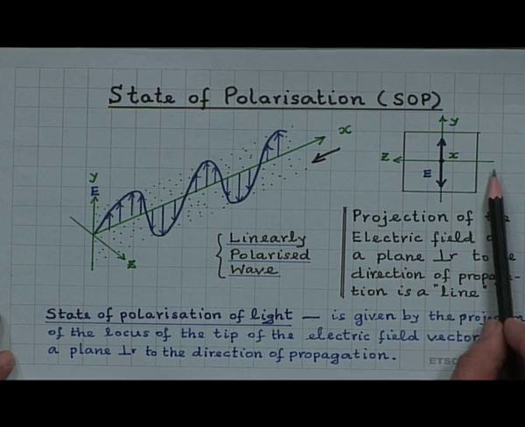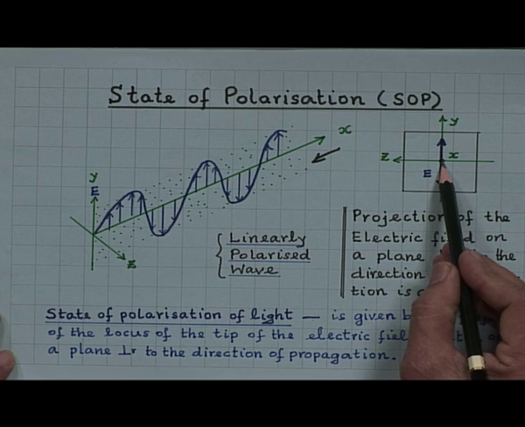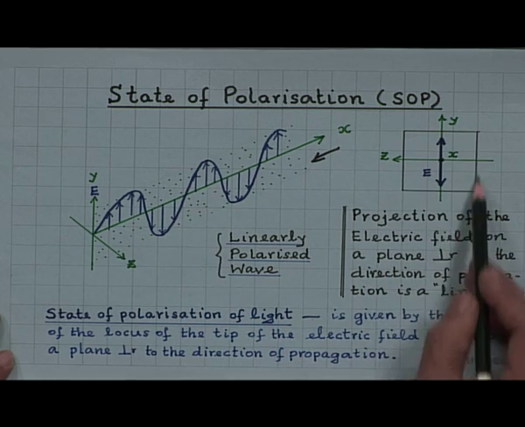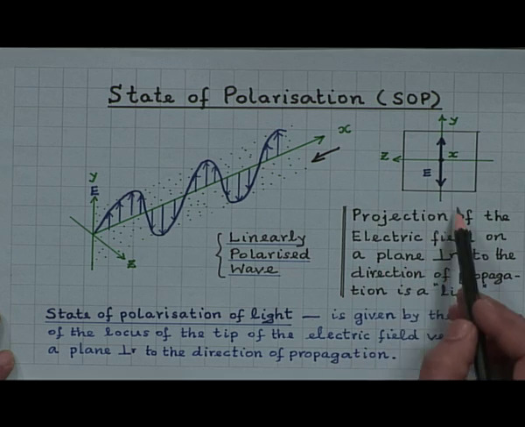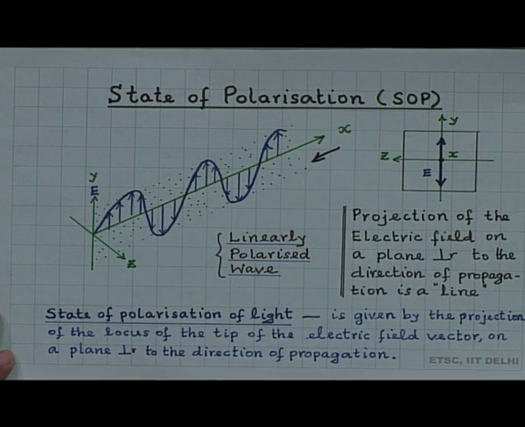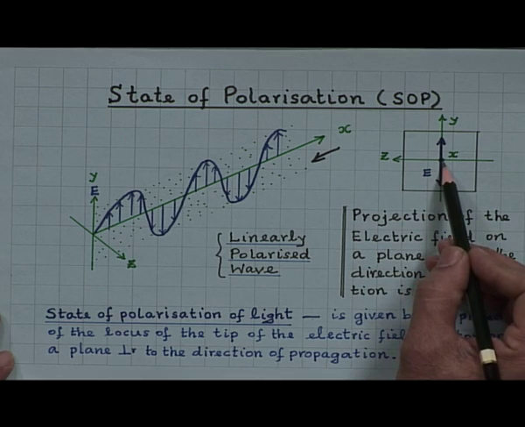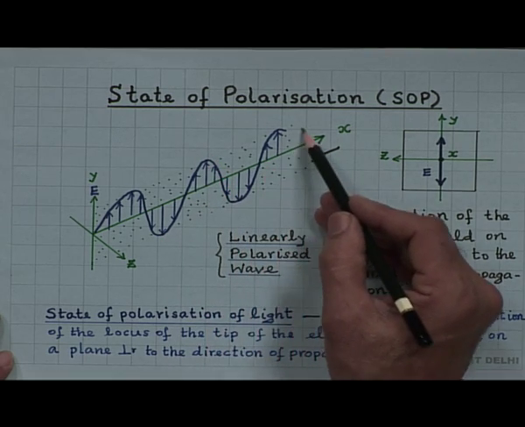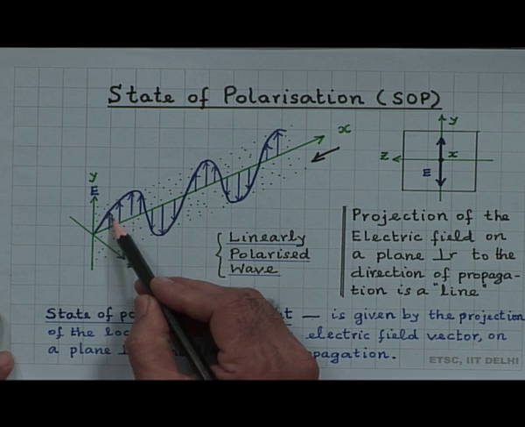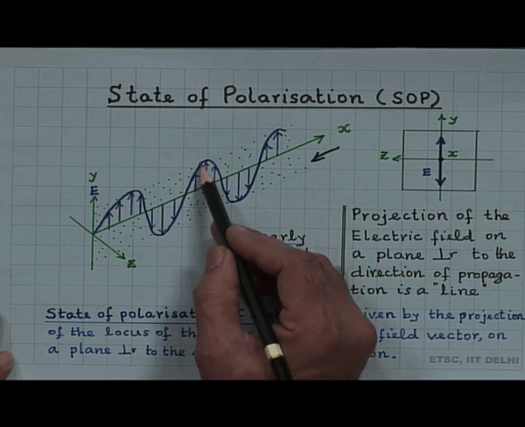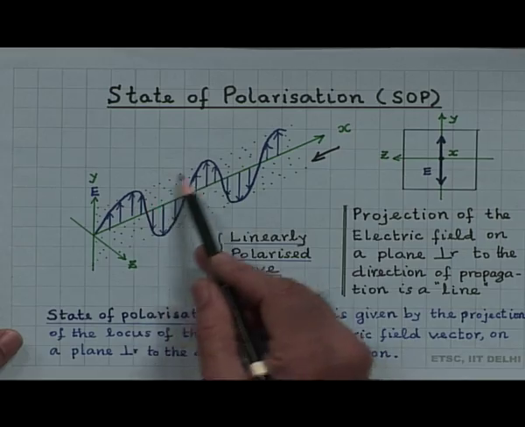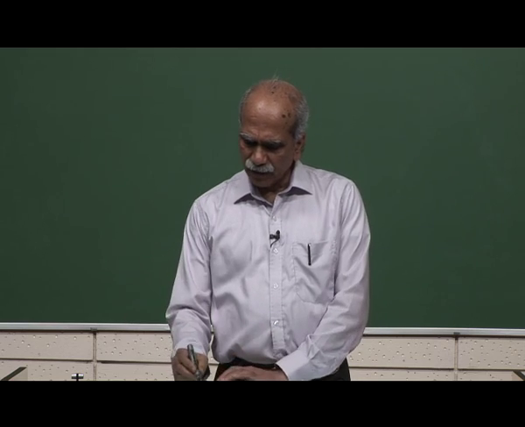This is a plane perpendicular to the direction of propagation, x is the direction of propagation, and a plane perpendicular to it is the yz plane. What we see is, as the electric field varies in this direction, the electric field is becoming positive, then negative, then positive, negative, and so on, because we know that the electric field can be represented as a sinusoidal wave. So, we can write, for example, the electric field E